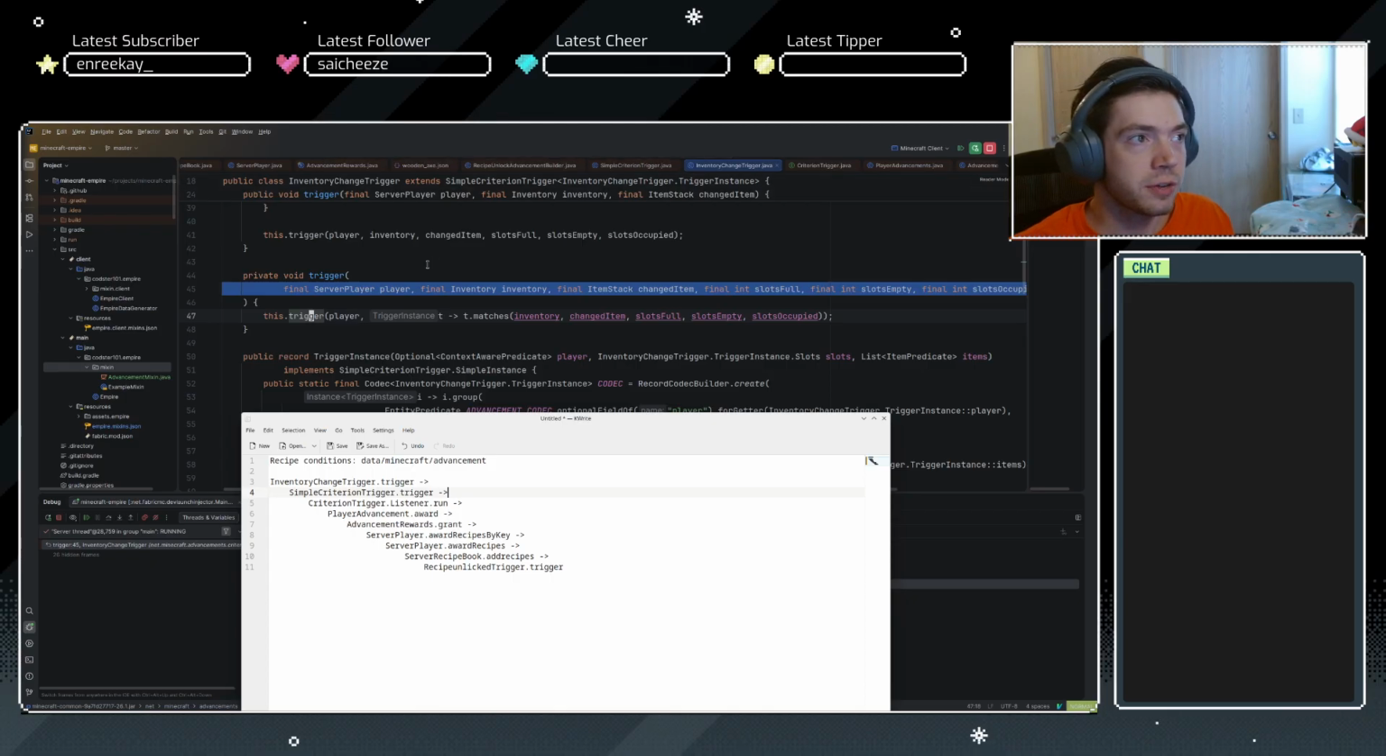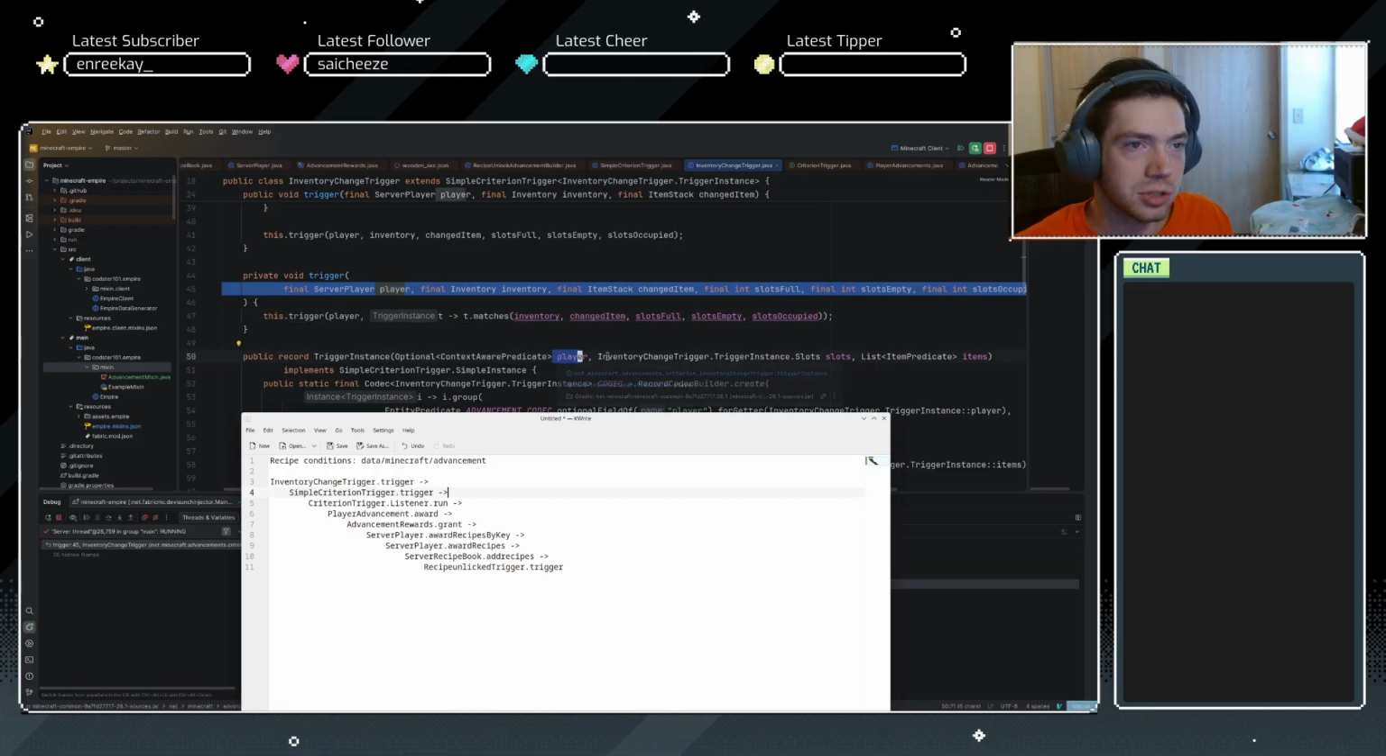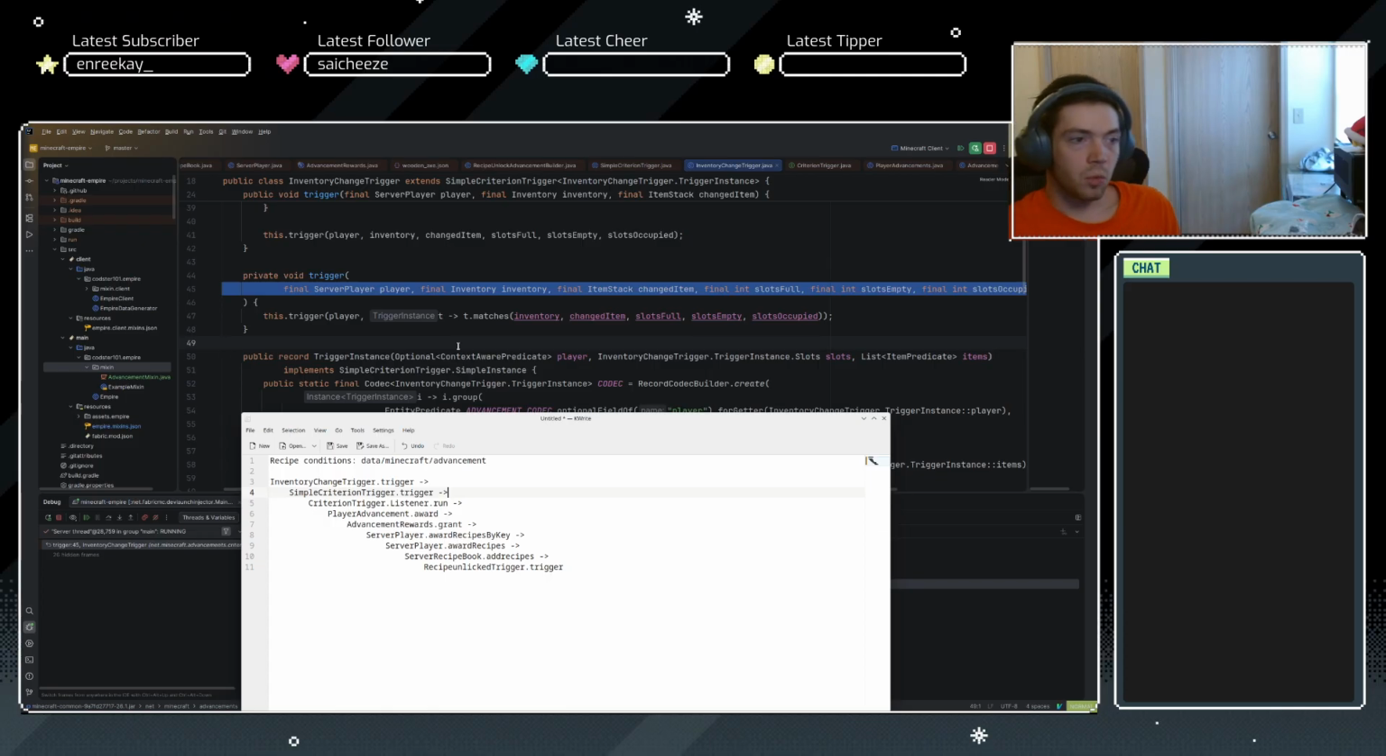the inventory change trigger takes in the trigger, takes in the player, you almost always need that, and it takes in the slots of the inventory and the items, right? Those are details of the event. Then what happens is when an event happens and something is triggered, a trigger is triggered. It's weird because there's so many triggers. But when an event happens and that event's trigger is triggered, what happens is it takes the details of that